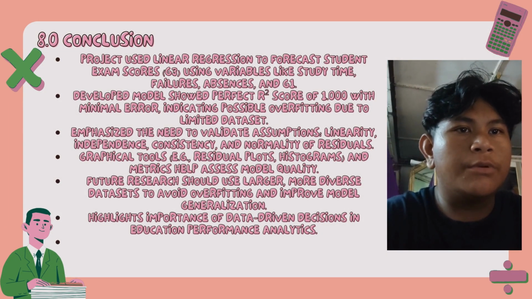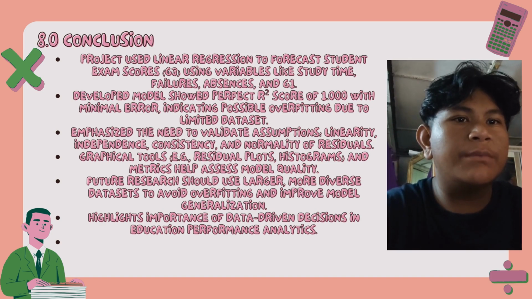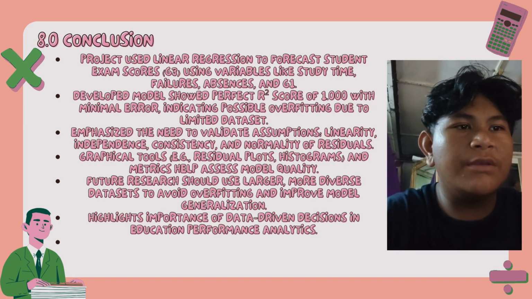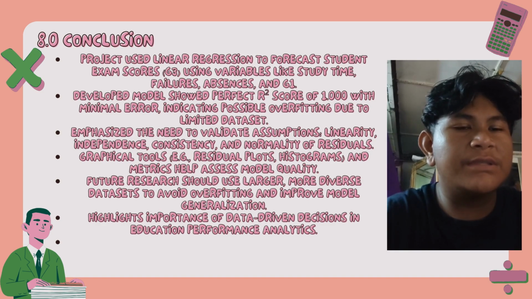Conclusion. The project used linear regression to forecast student exam score G3 using variables like study time, failures, absences, and G1. The developed model showed a perfect R-square score of 1.000 with minimal error, indicating possible overfitting due to the limited dataset. It emphasizes the need to validate assumptions: linearity, independence, consistency, and normality of residuals. Graphical tools, for example residual plots, histograms, and metrics help assess model quality. Future research should use larger, more diverse datasets to avoid overfitting and improve model generalization. Highlight the importance of data